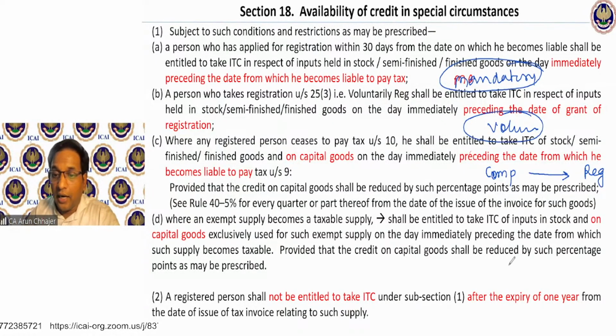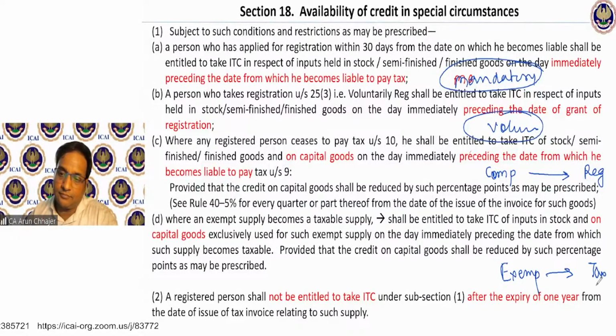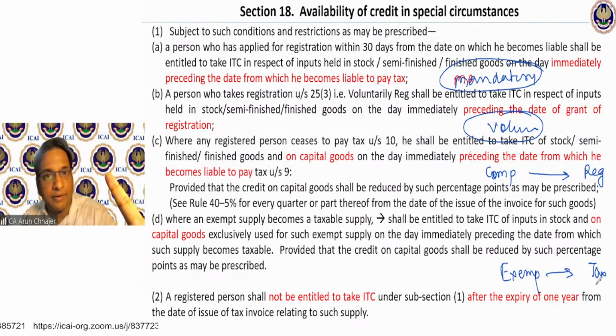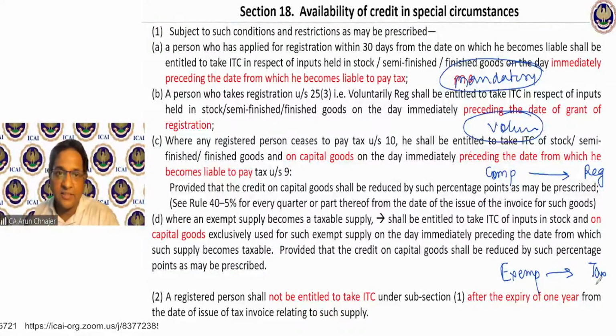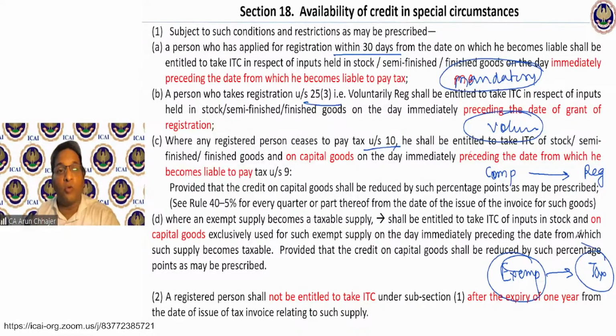Or I was making exempt supply and now this supply becomes taxable. Fourth situation, always remember: if I have taken the registration mandatorily within 30 days, if I have taken the registration voluntarily, or I have converted from Section 10 to Section 9, or exempt supply becomes taxable supply, in four circumstances,